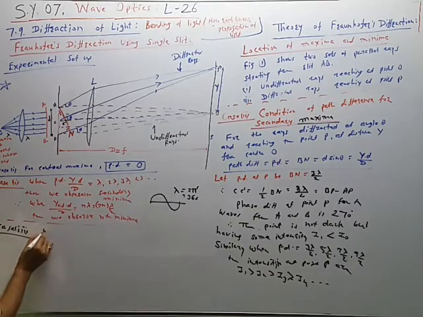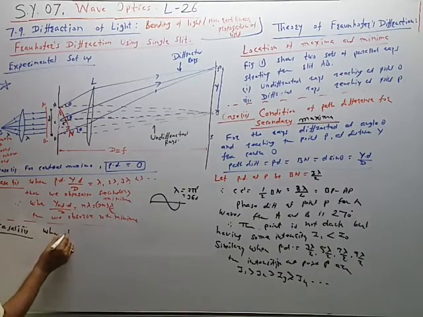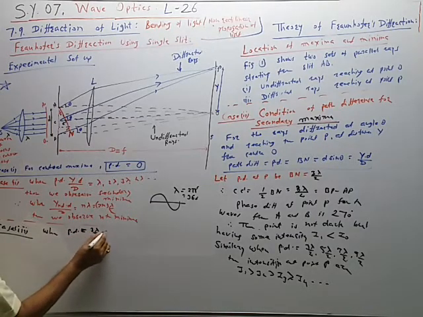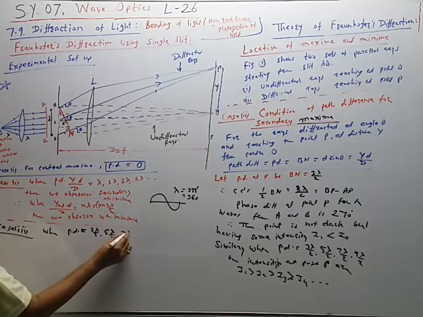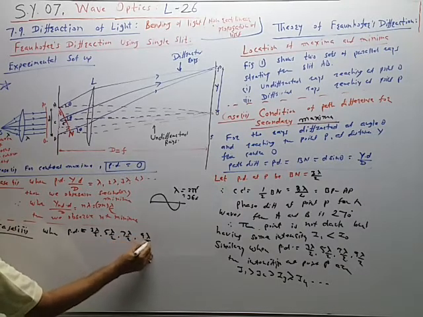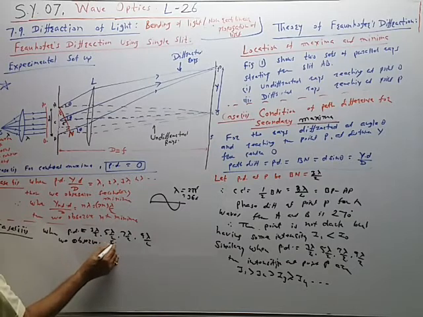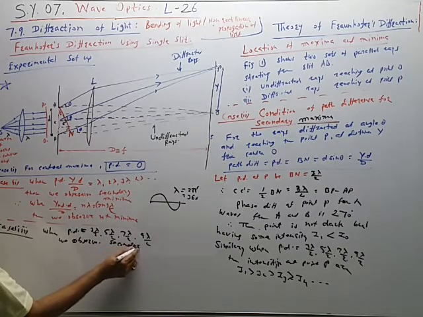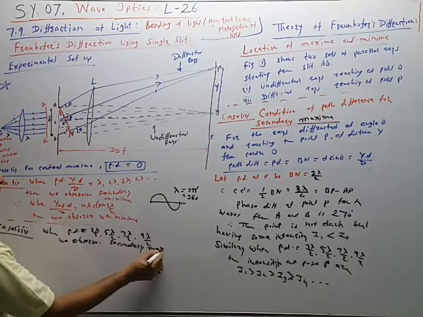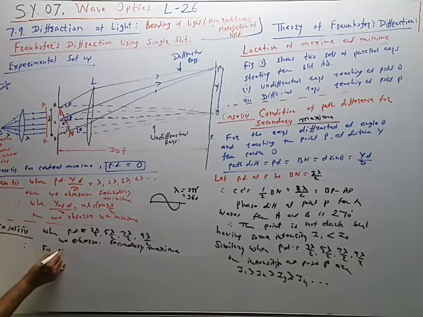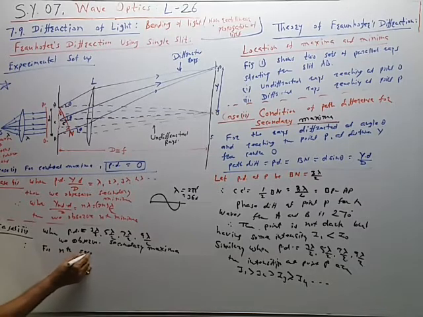Case number 3. When path difference is equal to 3 lambda by 2, 5 lambda by 2, 7 lambda by 2, 9 lambda by 2, we observe secondary maxima. They are not minima, they are not central maxima. Intensity is not 0, but it is less than I0, like this. And therefore, for nth secondary maxima,